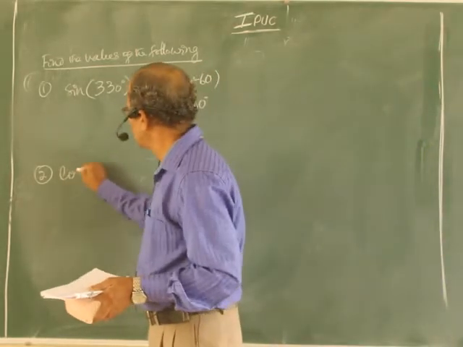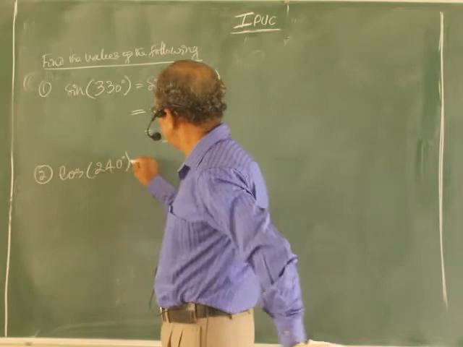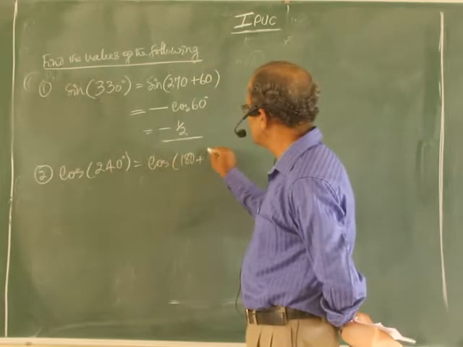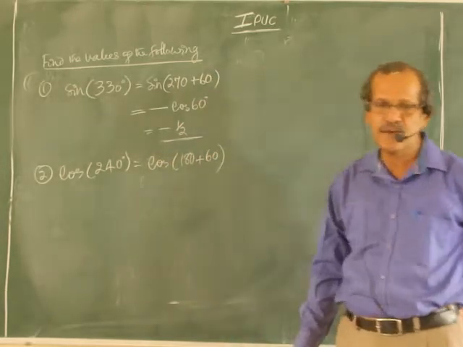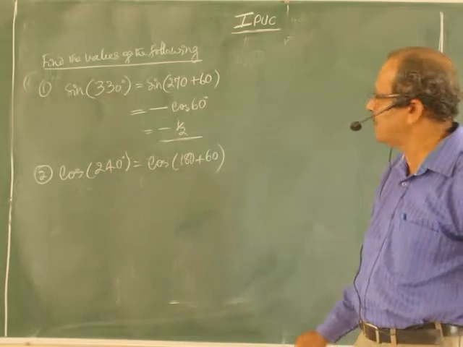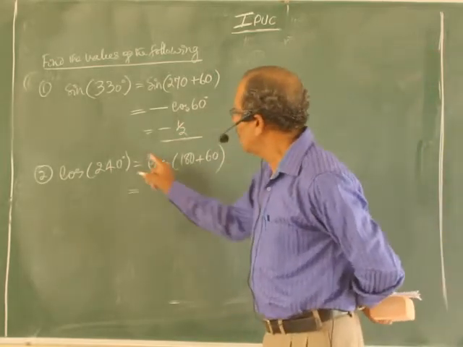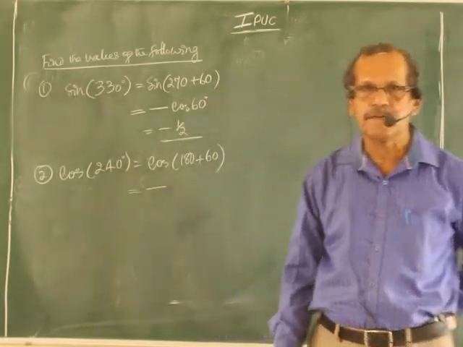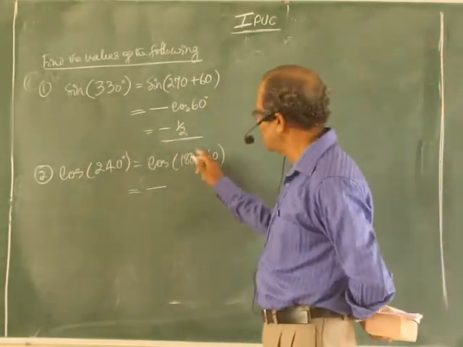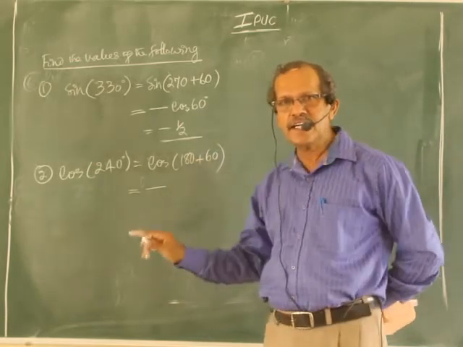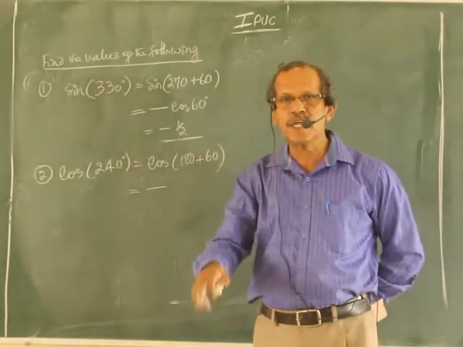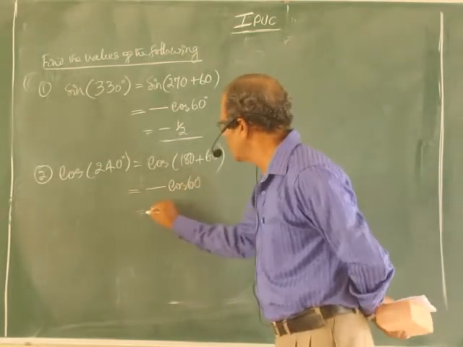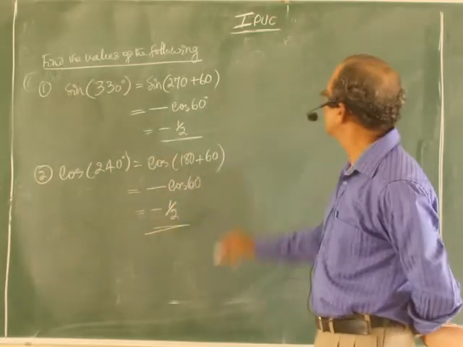Another one is cos 240. Careful. Standard form is 180 plus 60. 240 means 180 plus 60. Quadrant number third where cos is minus. Second step over. And since you have written 180, 180 and 360 is one category, 90 and 270 another category. Here you must not change the function. So here also value is minus 1 by 2.